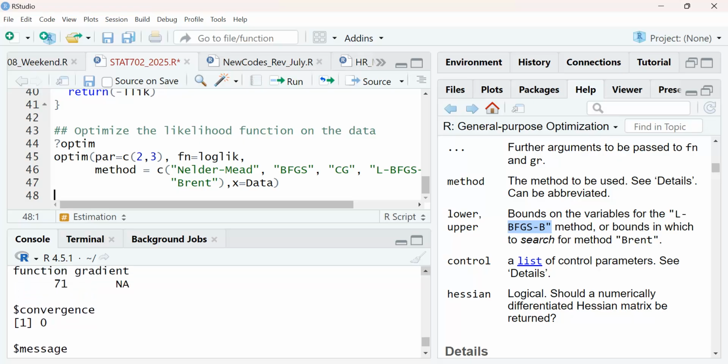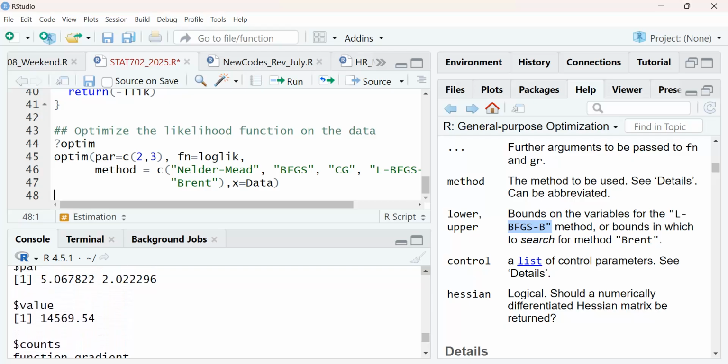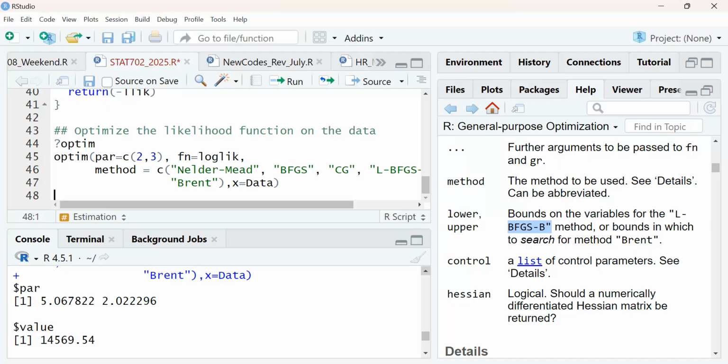Convergence is 0, which means it converges. The function count, the value of the function, you see 5.06, the parameter estimate. Remember I took 2 and 3, but you see it now came closer to what? The 5 and 2. So it actually says within it. Okay, so now we can check with the maximum likelihood at the moment, which one is closer